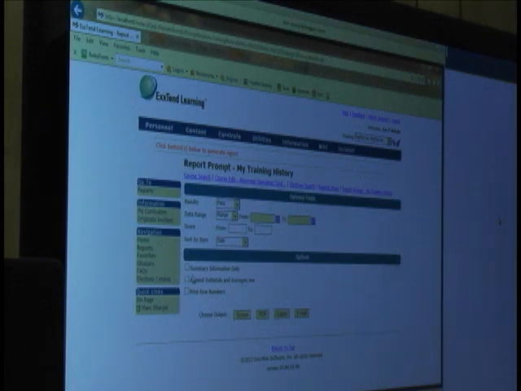It remembers the last time you went in to do a report and will automatically have that selected, so you don't have to remember to uncheck it if you don't want that for the next report. You have the ability to have it go to screen or HTML, to a PDF, or to an export, which is a